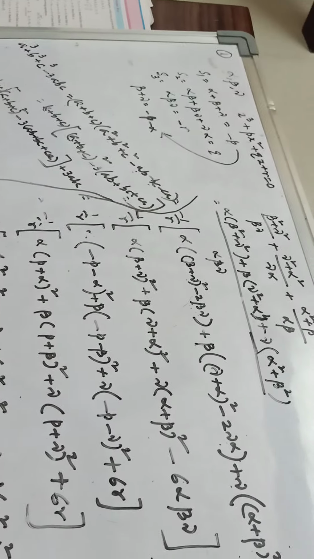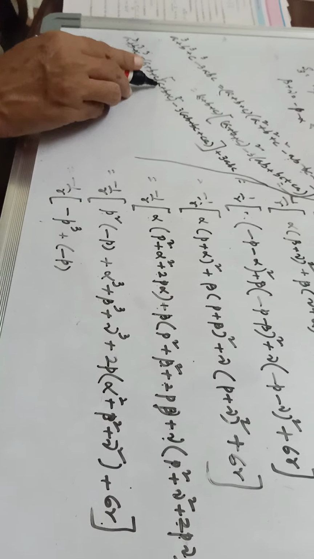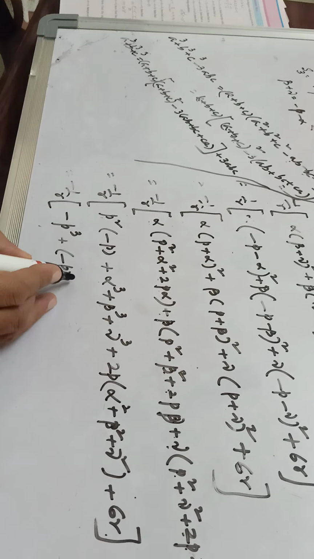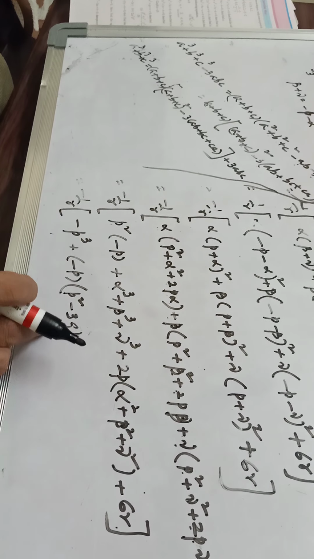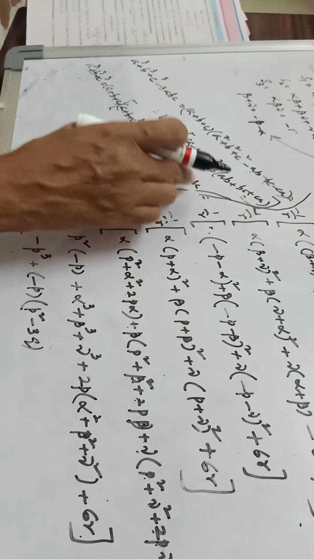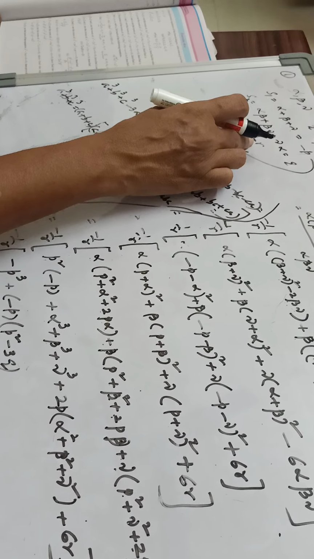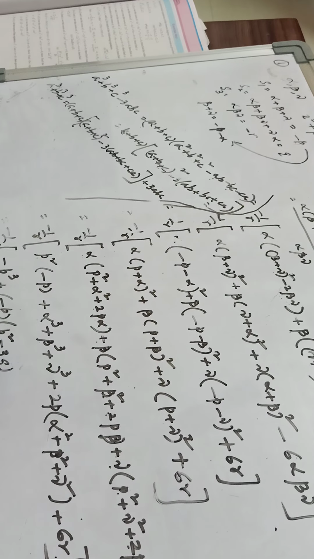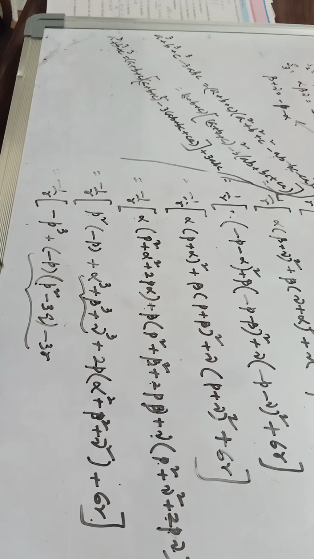What is alpha plus beta plus gamma? Minus p. So this is plus of minus p into, this is minus p whole square, that is p square, minus 3 into, this is ab plus bc plus ca, that is alpha beta plus beta gamma plus gamma alpha. So all this will become this according to this formula. Plus 3abc, I forgot. So plus 3 into abc, that is alpha beta gamma, that is minus r. So plus 3 into minus r is minus 3r. So instead of all this I can write this.